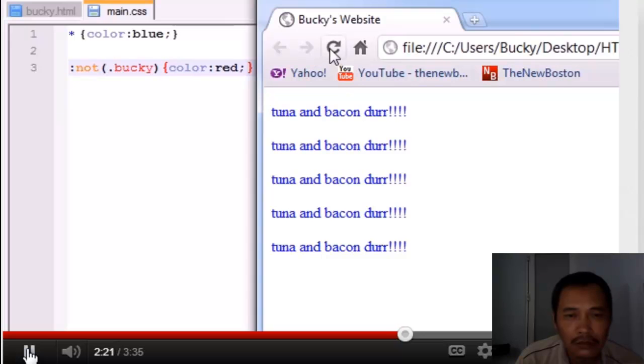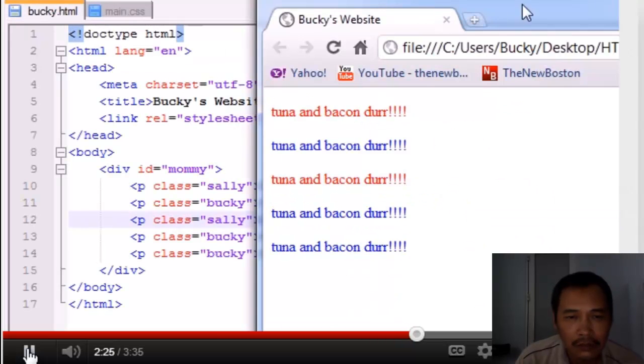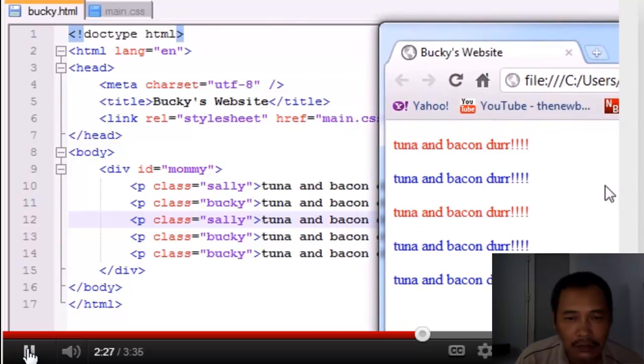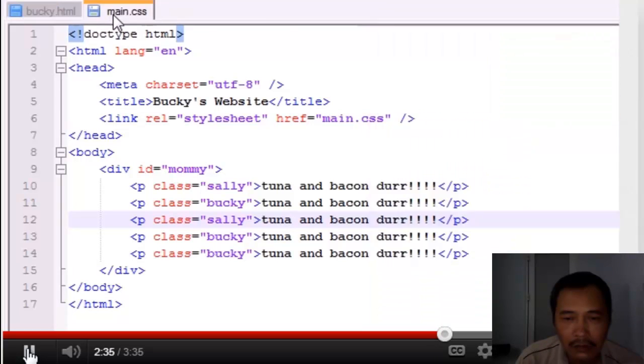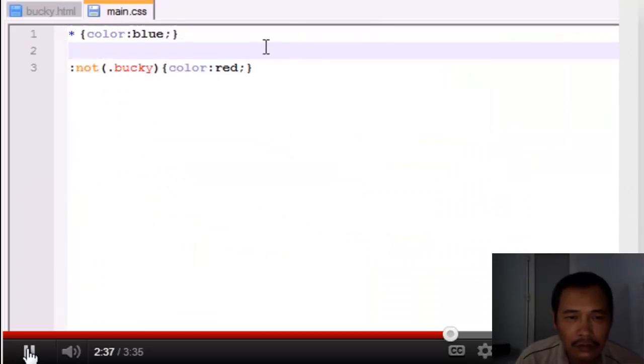So let's go ahead and refresh this, and if we do that, we can see that these paragraphs indeed got colored red, because the only thing in this website that wasn't in the class Bucky was this first and third paragraph. So basically, in order to use negation pseudo classes, we are basically excluding some things from the overall style,